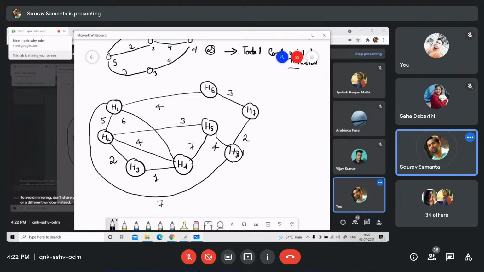Okay. Now, what will be the starting point to solve the problem? Suppose